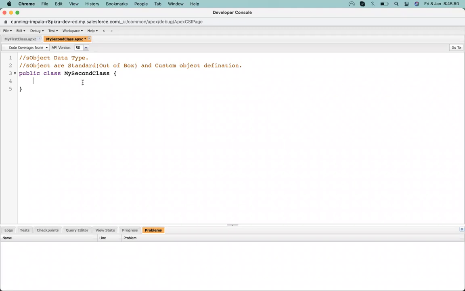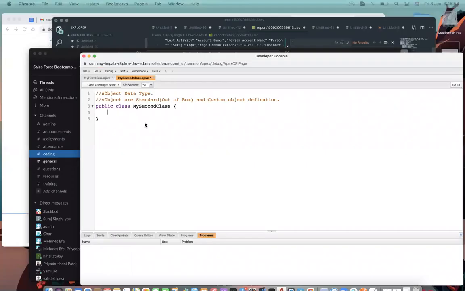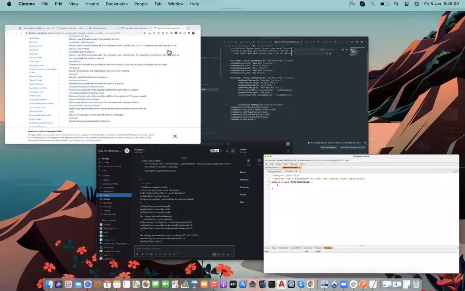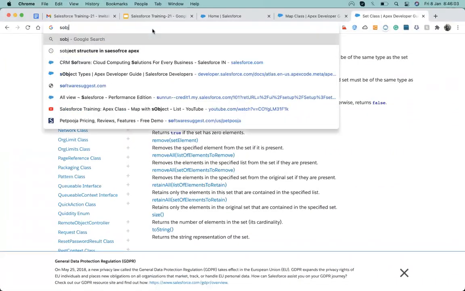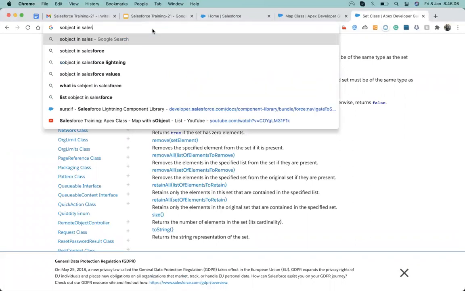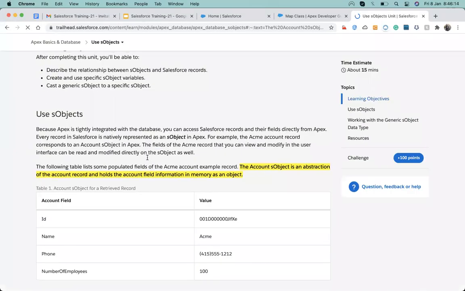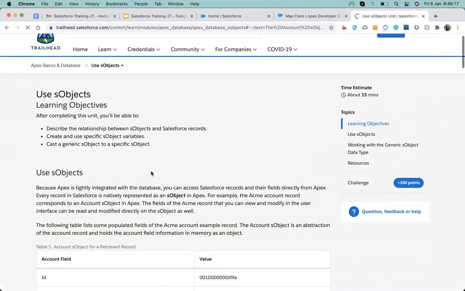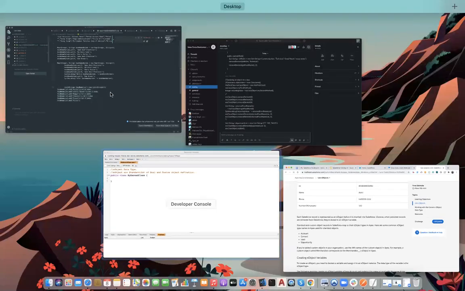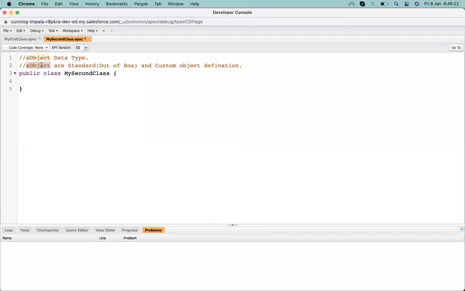Okay, let's go through sObjects. It's a generic word which is used for all the standard and custom objects.